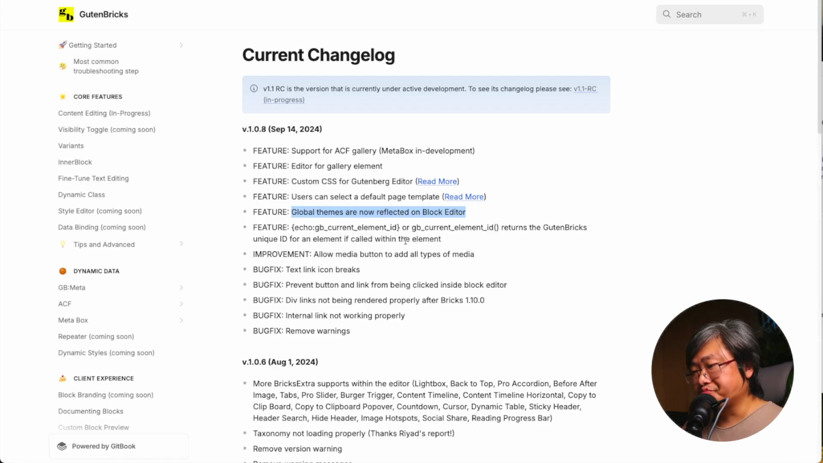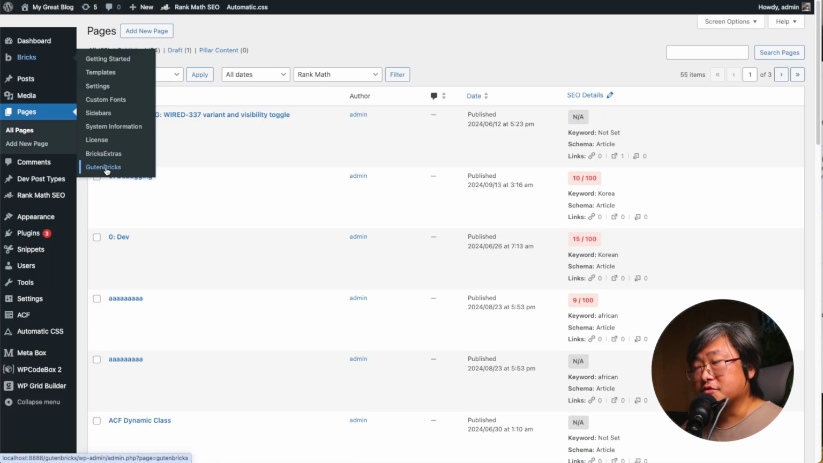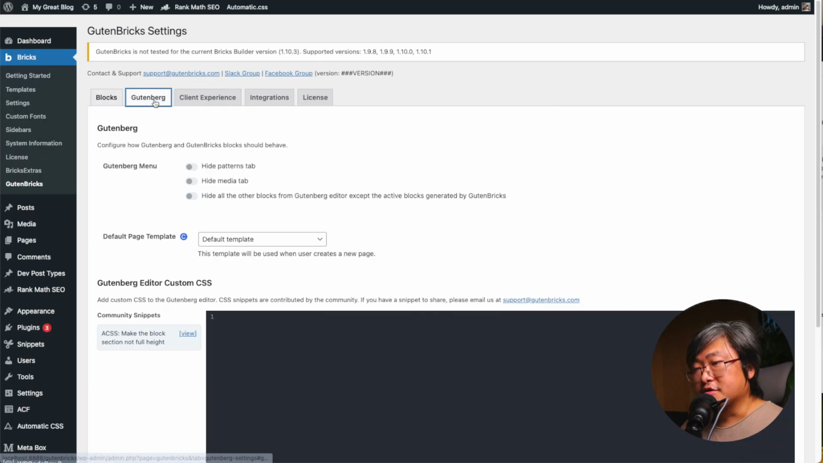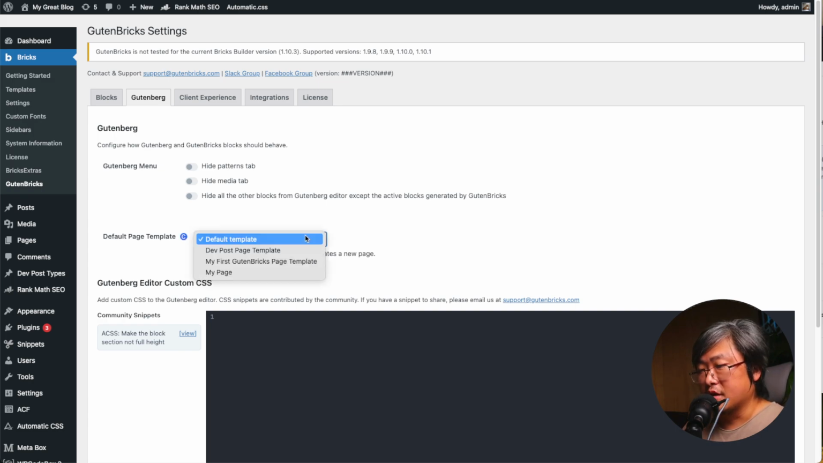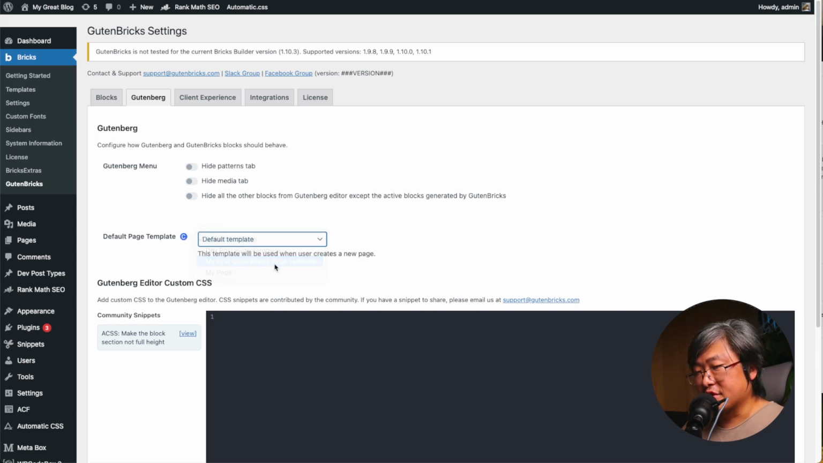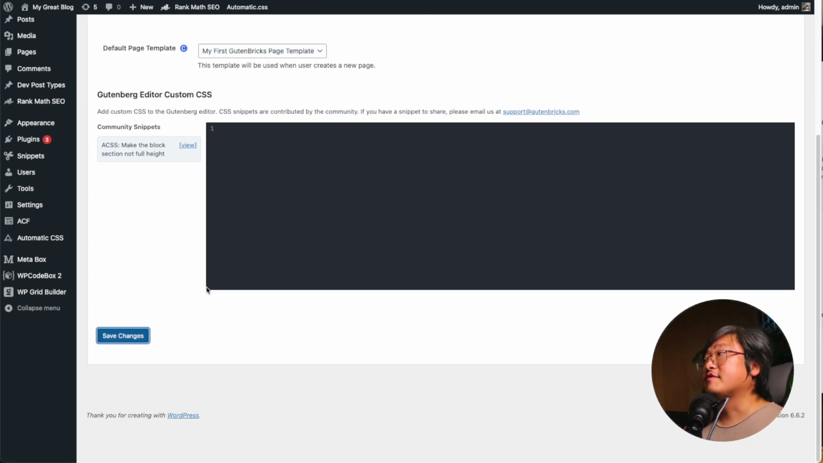So now that's there. Another thing is you can set the default page template for new pages. If you come to GutenBricks under Gutenberg, you can set the default template for every new page that is created. This was suggested by Jeff Young. Thanks for the idea. So let's say I'm going to set this to my first GutenBricks page template. If I save it,